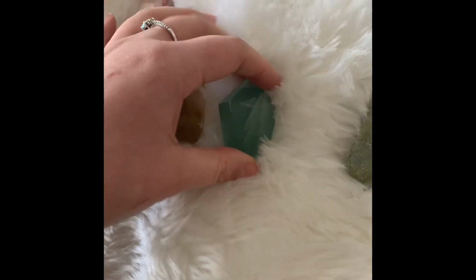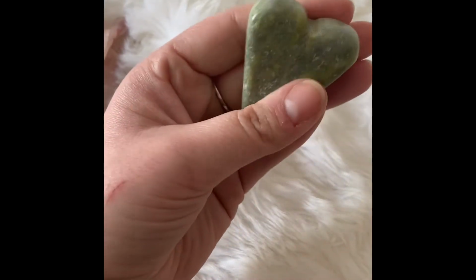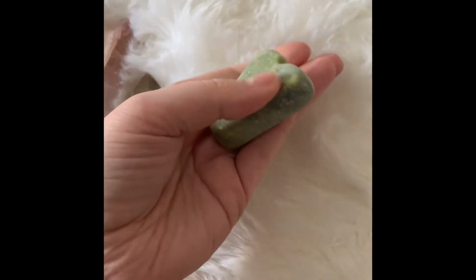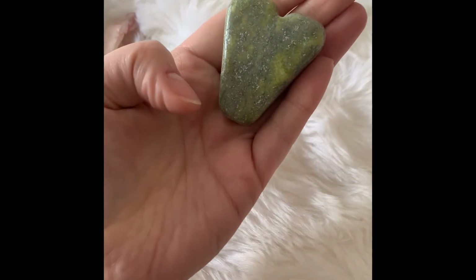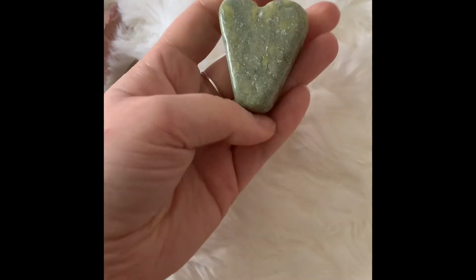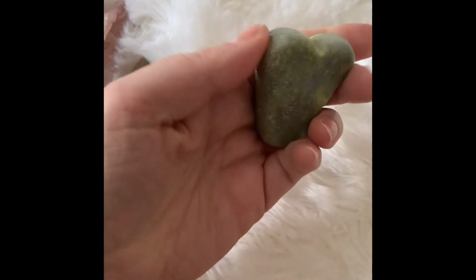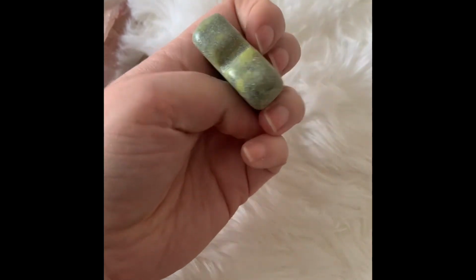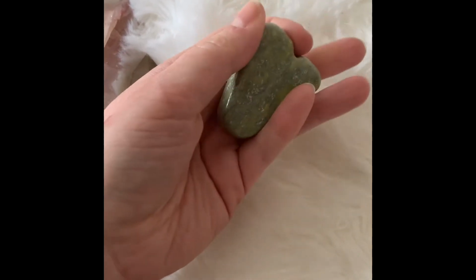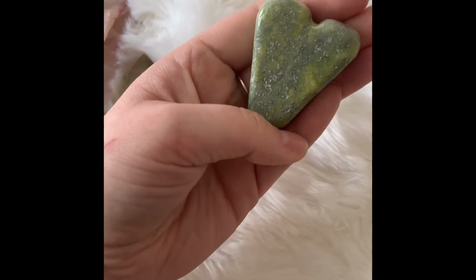Gorgeous. Then this one is a Connemara marble heart. This was actually from my grandma. So Connemara marble is from Ireland, where my grandparents are from, and my grandma went to Ireland to visit her family a few years ago. Well, actually, it's probably like 10 years ago, maybe more, and she brought me back this,